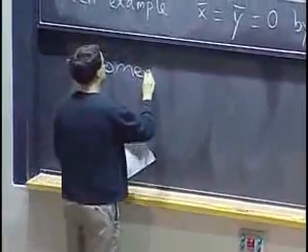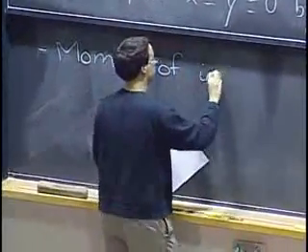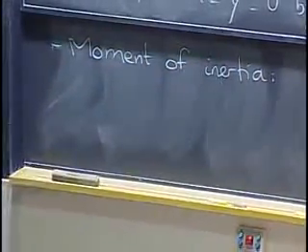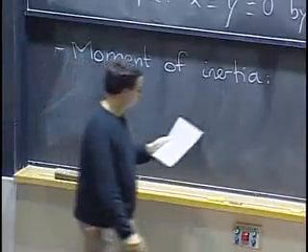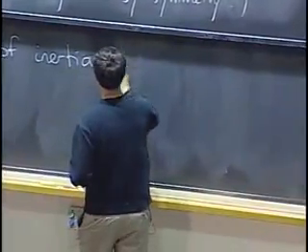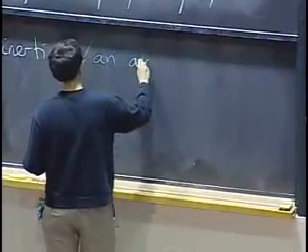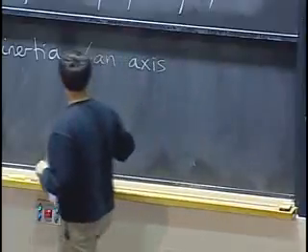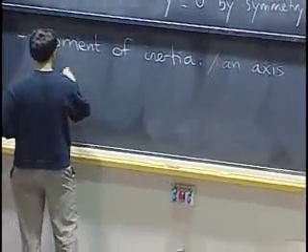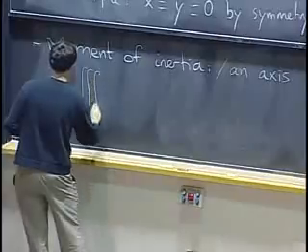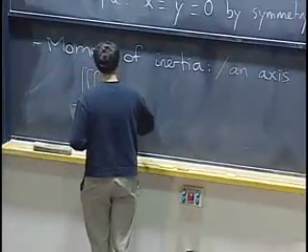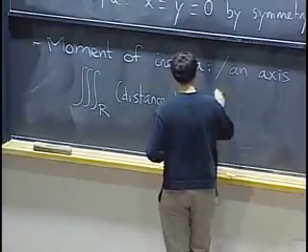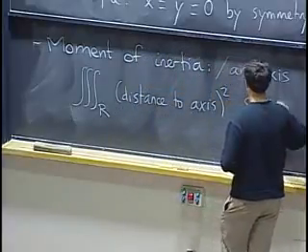Okay, next on the list is moment of inertia. And actually, in a way, moment of inertia in 3D is easier conceptually than in 2D. So why is that? Well, because now the various flavors that we had come together in a nice way. So the moment of inertia with respect to an axis would be again given by the triple integral of the distance to the axis squared times density times dv.